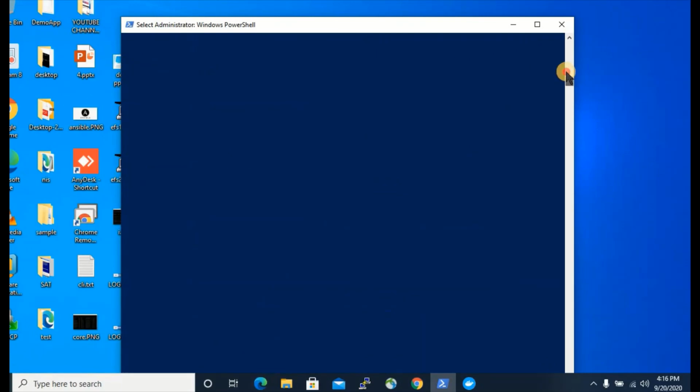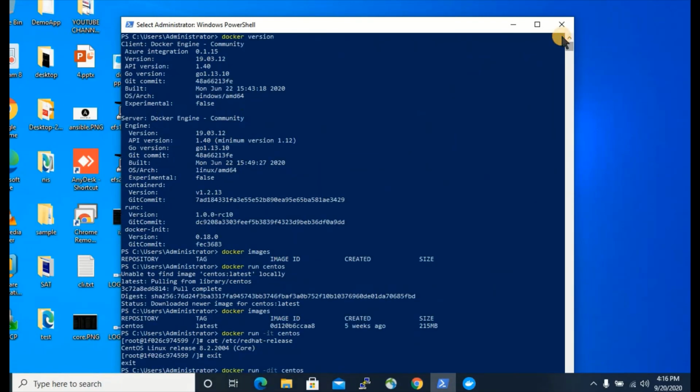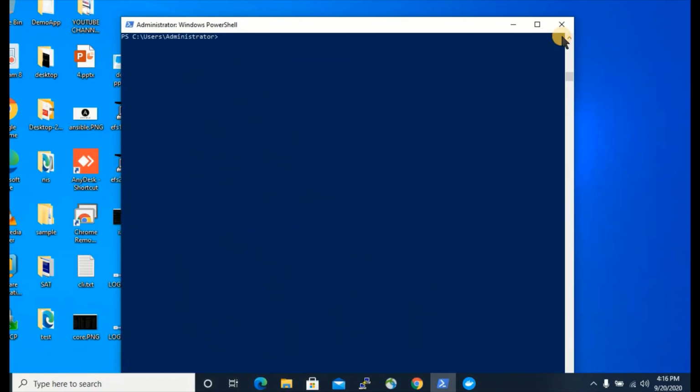Next, the commit command, docker login and everything. We'll see whether the docker login command is also working. You see, authenticating with existing credentials, because I have already logged in previously. If you have not logged into Docker, it will ask for the username and password. Username is the Docker ID and the password.